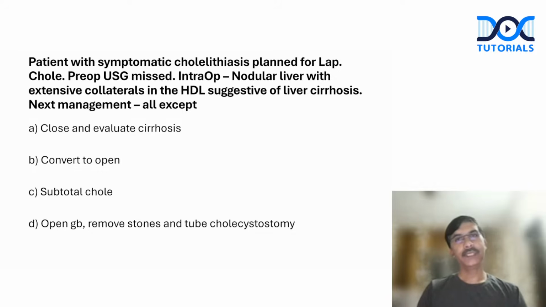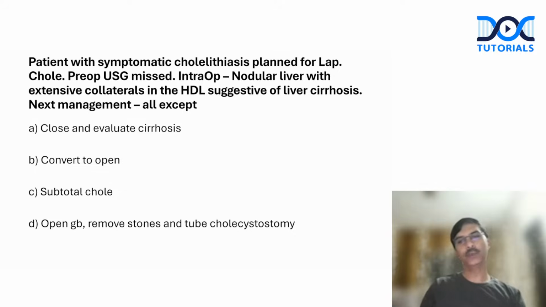There is a clinical scenario in which a patient presents with symptomatic cholelithiasis planned for laparoscopic cholecystectomy. Unfortunately, the findings were not picked up by pre-op ultrasound. Surprisingly, intraoperatively, we find a nodular liver with extensive collaterals in the hepatoduodenal ligament, suggestive of liver cirrhosis. So the next management could include any of the following except: close and evaluate cirrhosis, convert to open subtotal cholecystectomy,